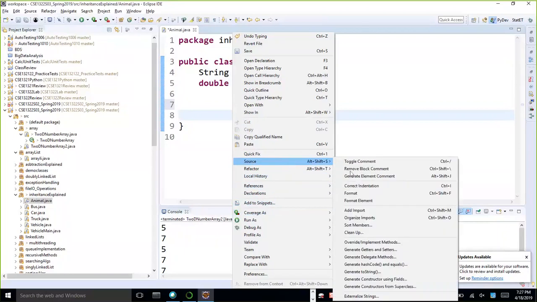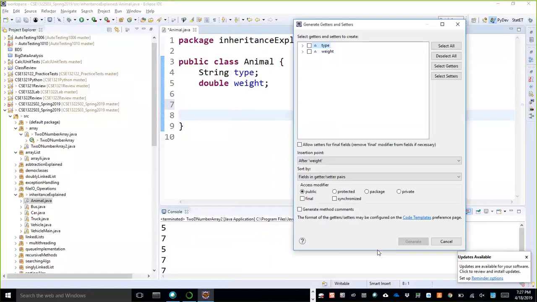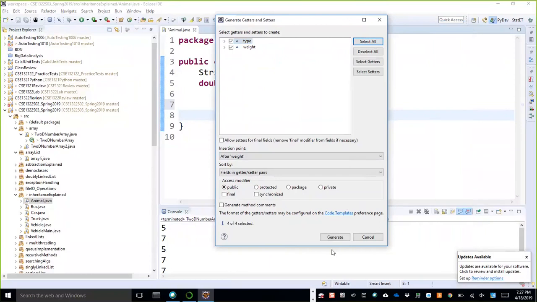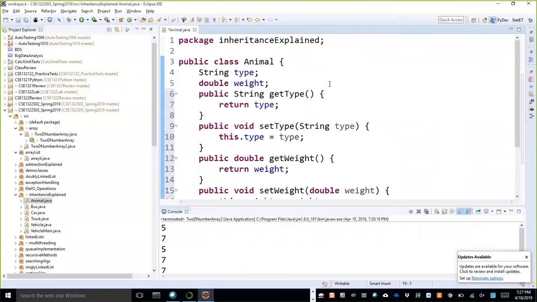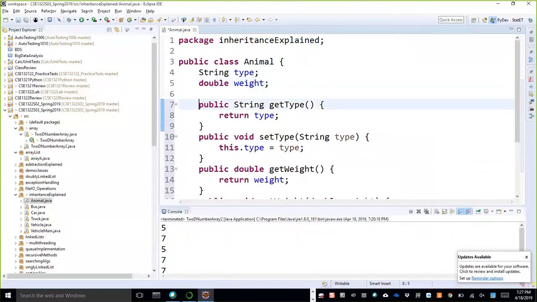Source, and generate getters and setters. Then select all and one click generate. I got getter and setter. But for now, in your test, if you are asked to write getter and setter, you need to write this.